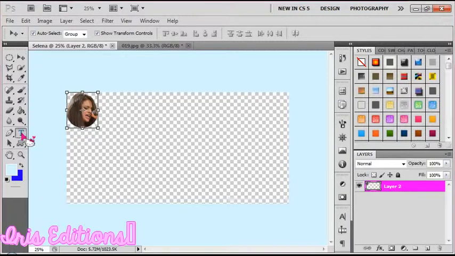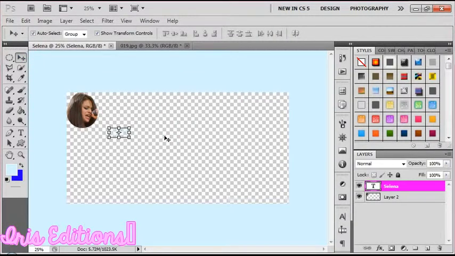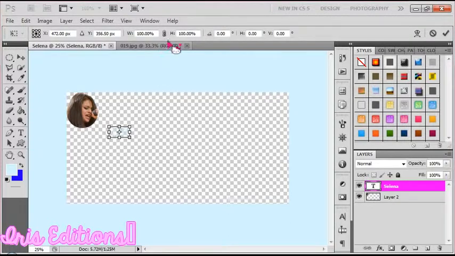And use the type tool to make text. And then OK. And press Ctrl T and rotate like that if you want it bigger.